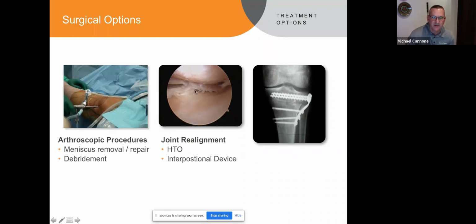But you can see over here, this meniscus is kind of flipped under the other portion of the meniscus, and so this can come out and catch in the joint. So if that's really what's bothering the patient, they can get some relief for a period of time after an arthroscopic lavage and debridement. These are all done as outpatients. In fact, most joint replacements are done as outpatients now, or outpatient extended recoveries where you may just spend a